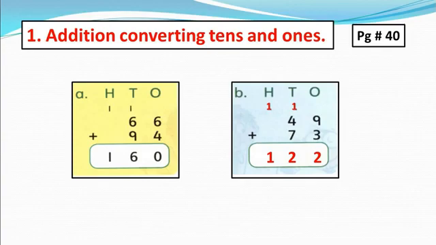Now I am going to do part J of question 1. 6 plus 7 equals 13, but we cannot write 13 in ones column. So here we will have to convert 13 ones into 1 ten, 3 ones. So here we write 3 in ones column and put 1 ten into tens column. Now add tens. 1 plus 9 equals 10 and 10 plus 4 equals 14. 14 tens, which means 1 hundred 4 tens. So here we write 4 in tens column and put 100 into hundreds column.